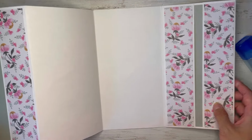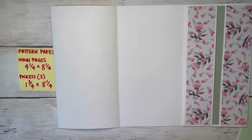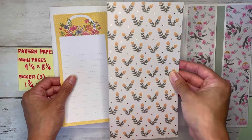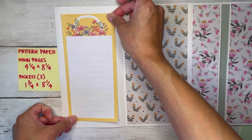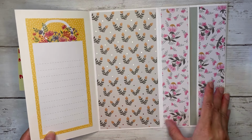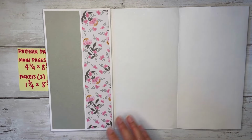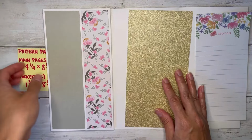All right, so we have that, and then we just have these other panels to cover up. So I'll start over here. I'm going to do the same kind of layout. Here's another pretty patterned paper with some foiling. Again, great spot for photos. Then I'm going to open it up this way. And over here, I'm going to do a layout like this,